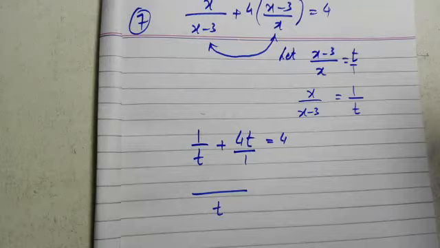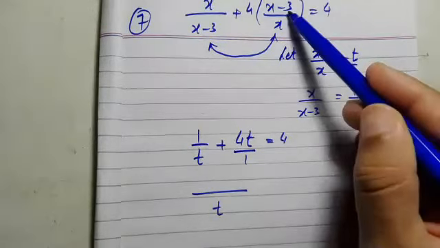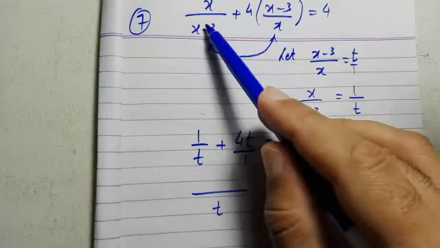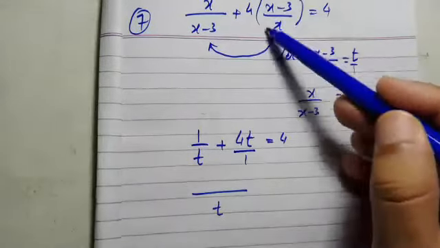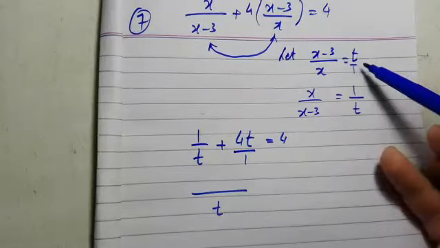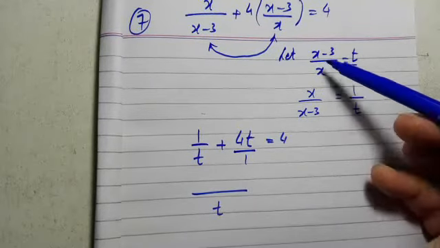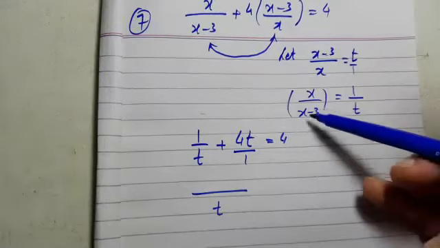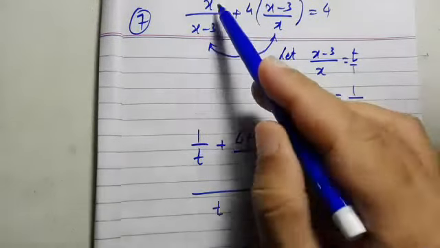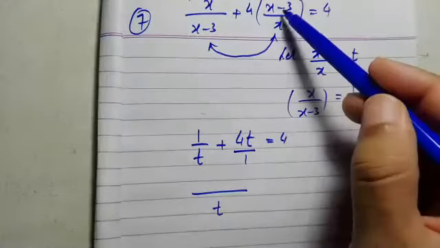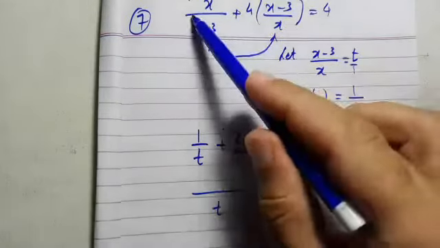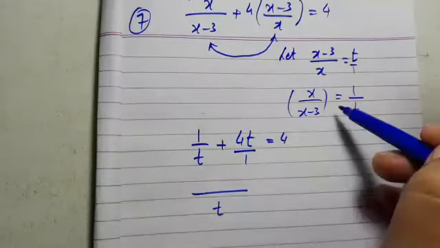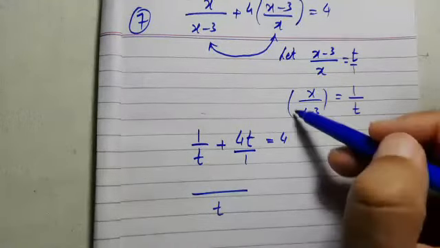This is whatever is the value right here. If you compare the two terms, one of the terms is a reciprocal of the other. So if it is taken as equals to t, then once you reciprocate or invert both sides, the value of x over x minus 3 equals 1 by t. That we can substitute right here. You are taking this term as t, and the first term is a reciprocal of this term, so by reciprocating, you get x over x minus 3 in terms of 1 over t.